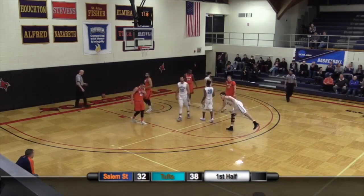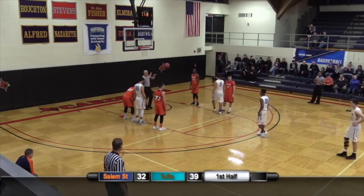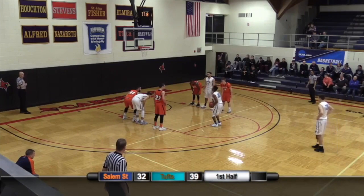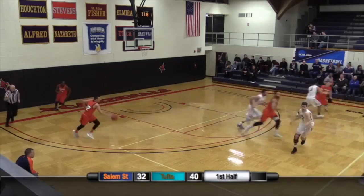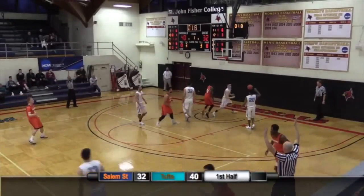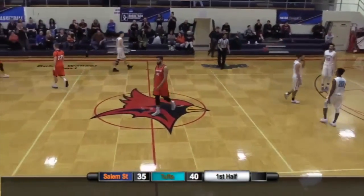He'll get the bonus shot. 7.8 seconds left in the half, so Salem will have time to presumably get a good look here before we get to the half. Smith gets the second, extends to an 8-point lead. Ryan over the timeline. 4 seconds left. He'll put up a three and got it. And that brings us to the half. After 20 minutes of play,